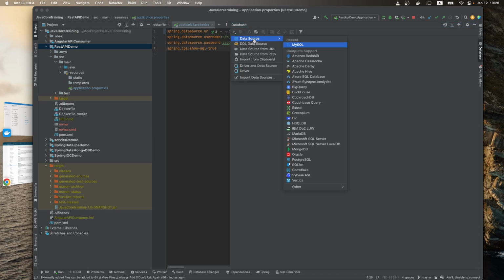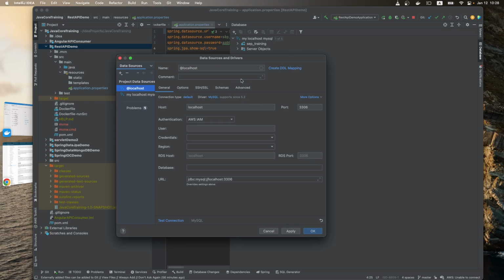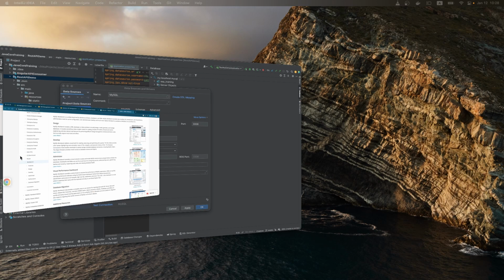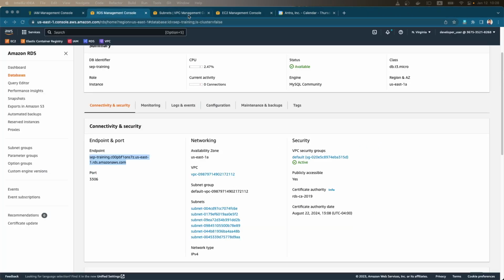We just need to create a data source and then select MySQL, just like the old way we did for our local MySQL server. So here we have to change our localhost to this here. Copy this, and then